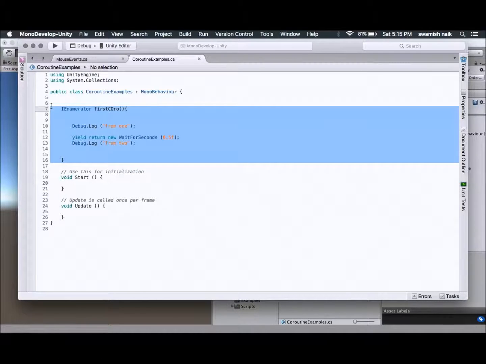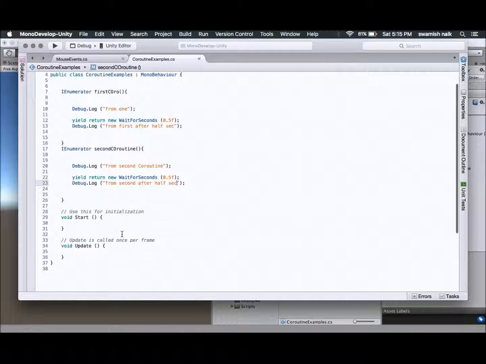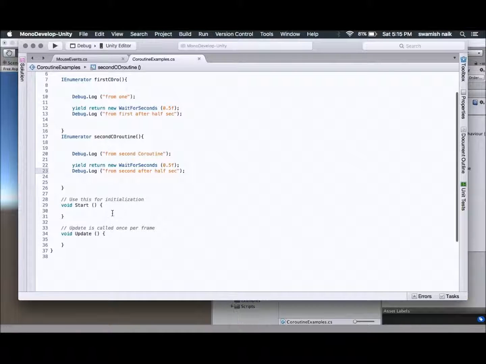Let's create another coroutine, second coroutine. From second coroutine, after half a second, from second after half a second. So I have created two coroutines with just Debug.Log messages.